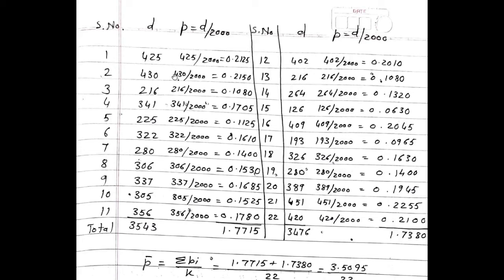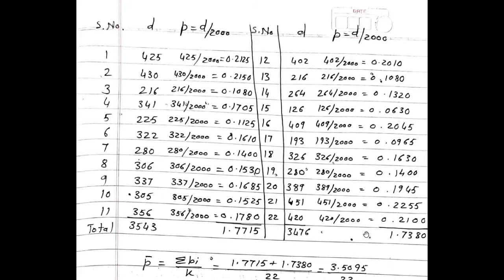So 425 plus 430 plus 216 plus 341 plus 225 plus 322 plus 280 plus 306 plus 337 plus 305 plus 356. This total becomes 3543. Next 11 values, 402 plus 216 plus 264 plus 126 plus 409 plus 193 plus 326 plus 280 plus 389 plus 451 plus 420. The total becomes